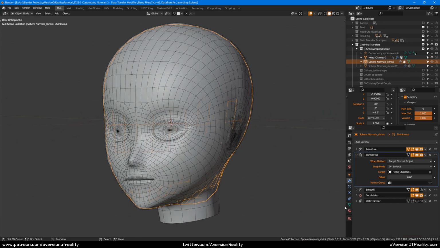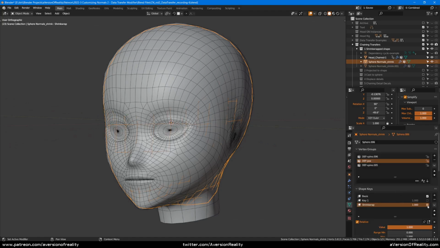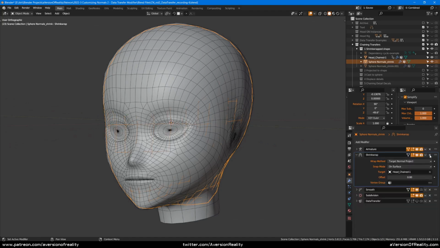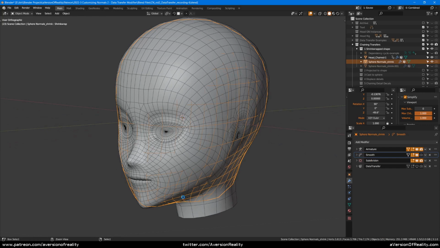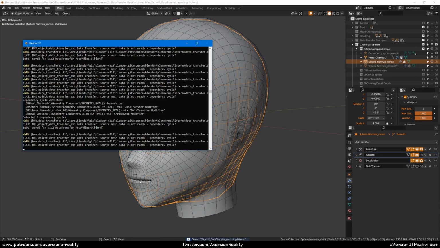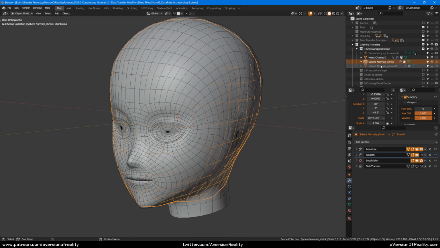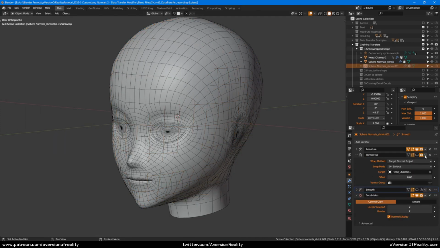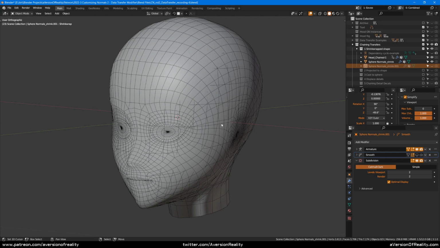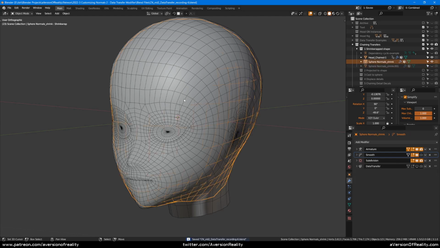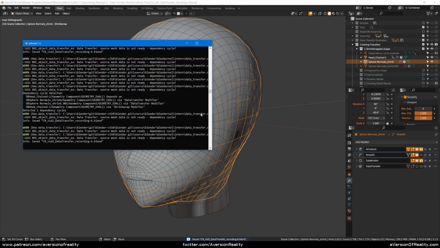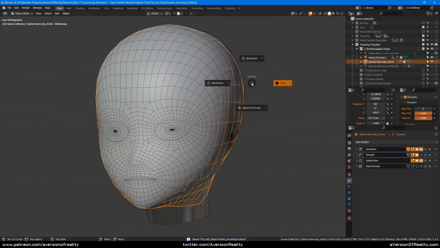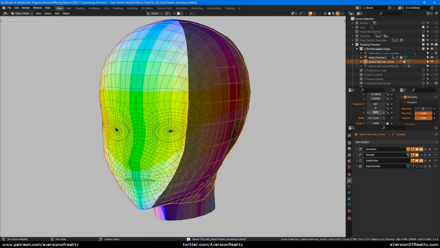Okay, so we just have to get rid of the shrink wrap. I've already got it applied as a shape key, so I'll just use that and delete the modifier. And now our problems are solved. Nope, we still have errors. And that's actually just because I have a copy of this object here, which also has the shrink wrap, so let's delete that too. And it immediately updated the normal, as you may have noticed. And now, no errors. So finally, things are behaving as they should.